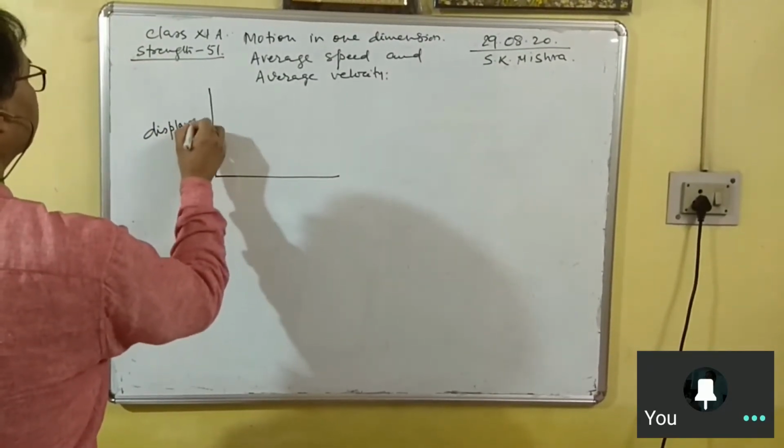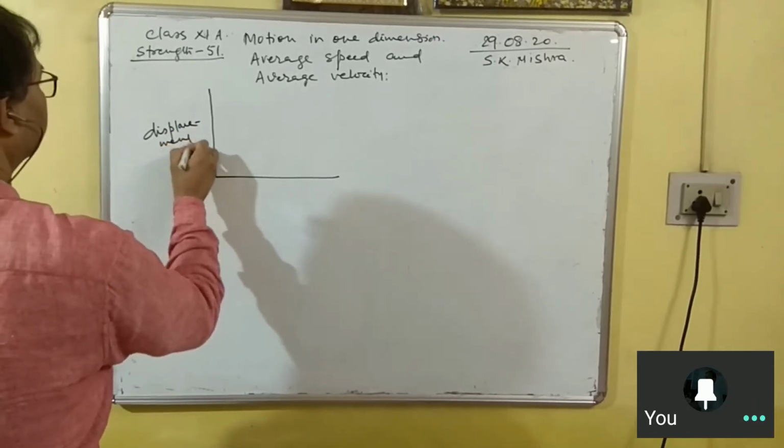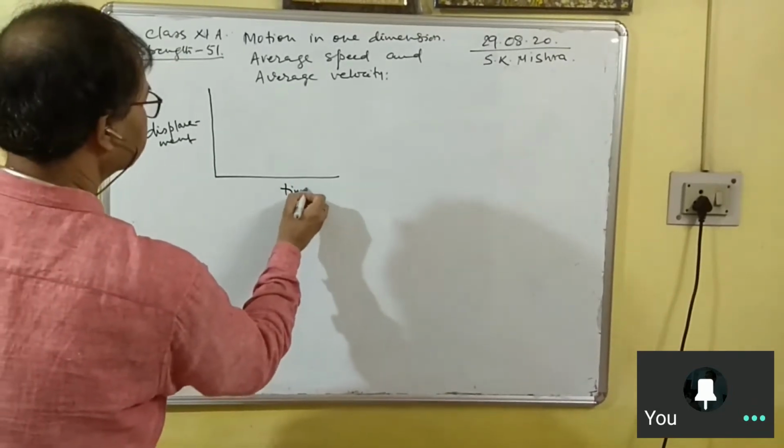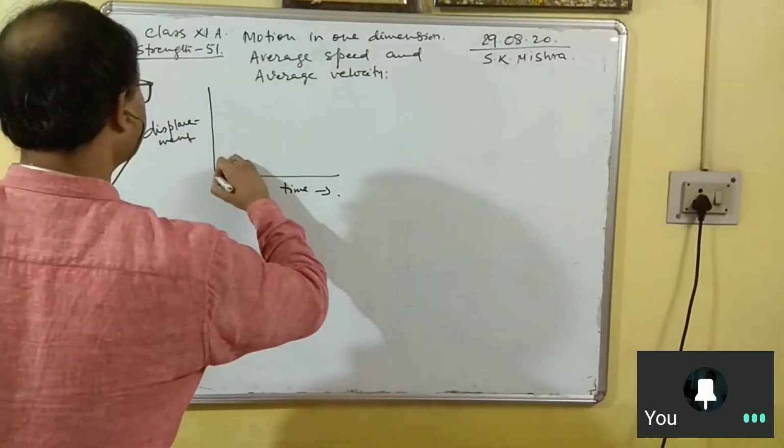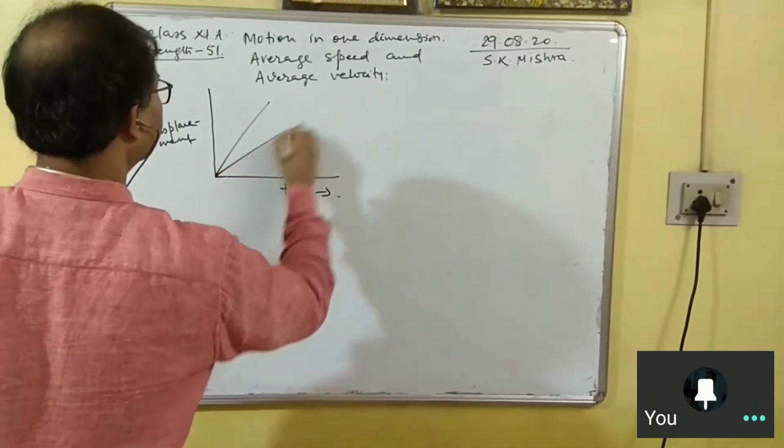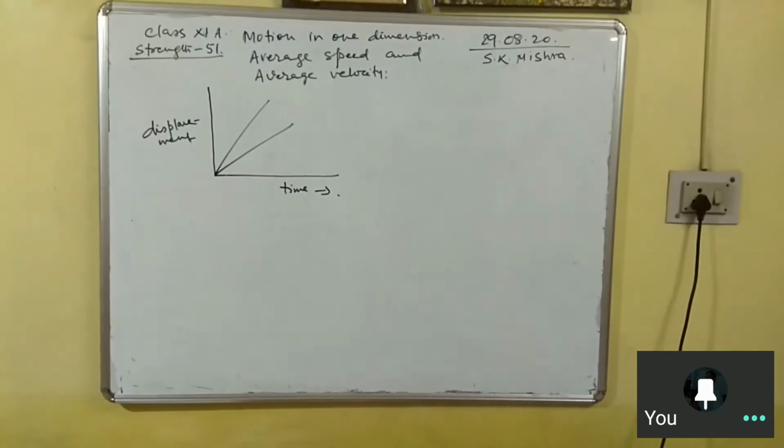displacement time graph, and the graph for two objects, displacement,